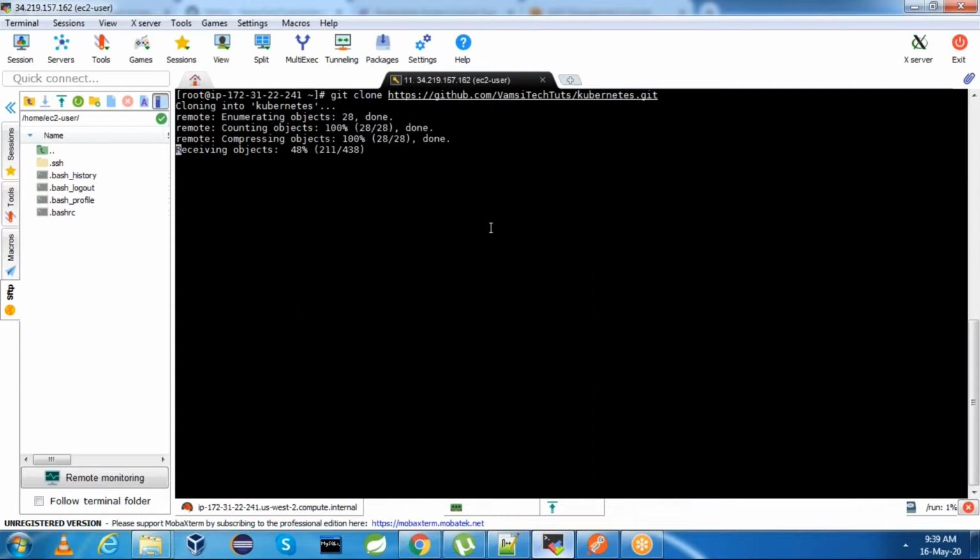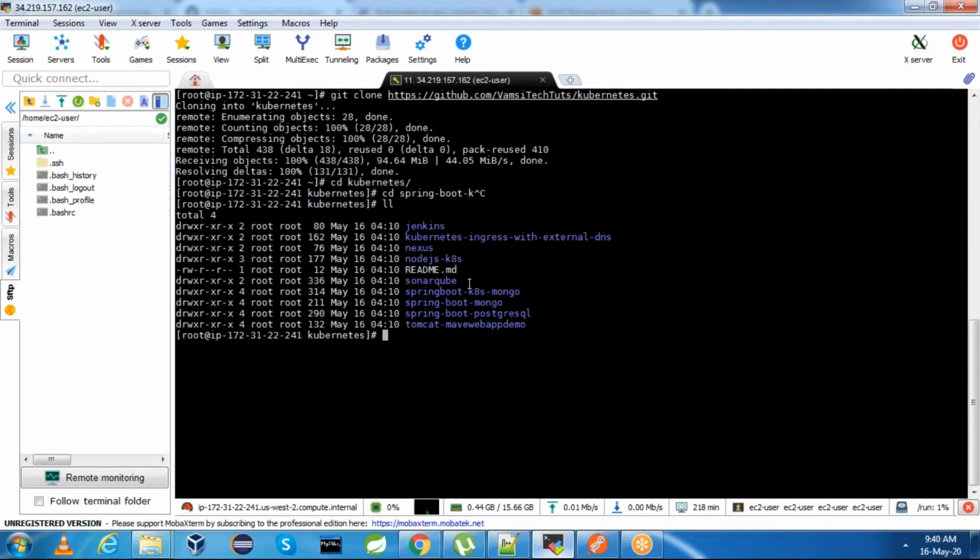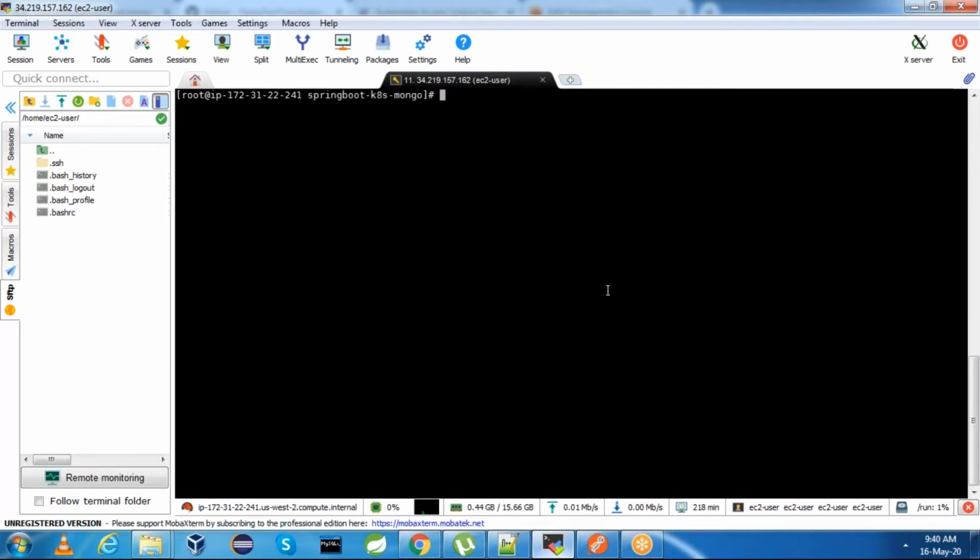This is the repository, and inside this repository, Kubernetes, I have Spring Boot. I have 2 examples. I'm using the Spring Boot Kubernetes Mongo example. This is the example I'm going to use.